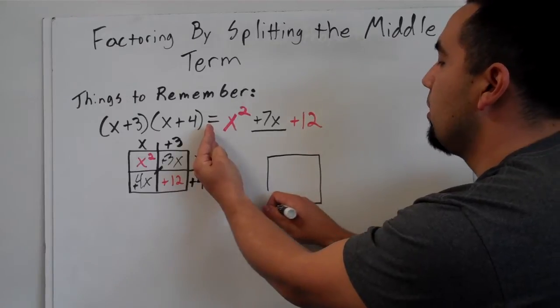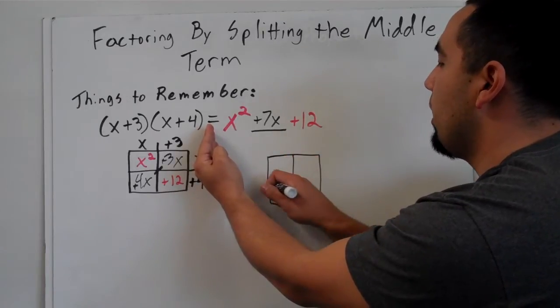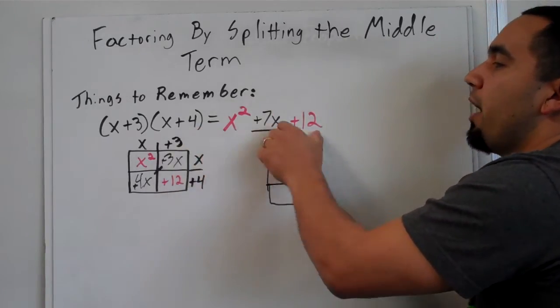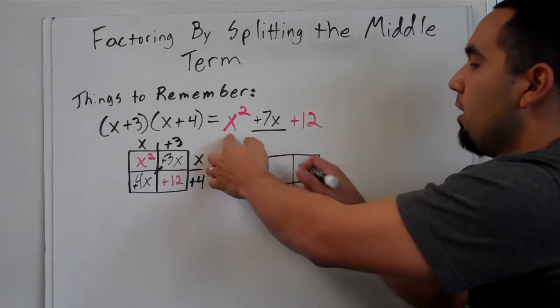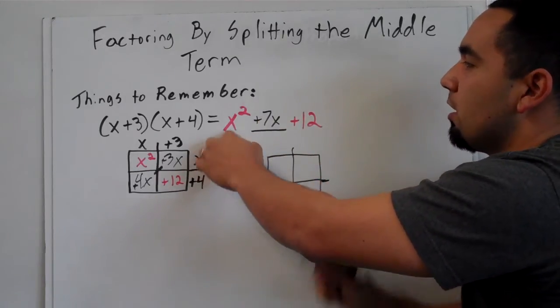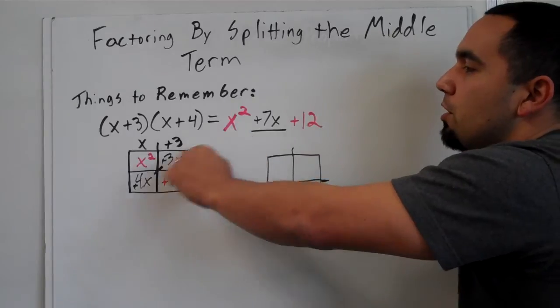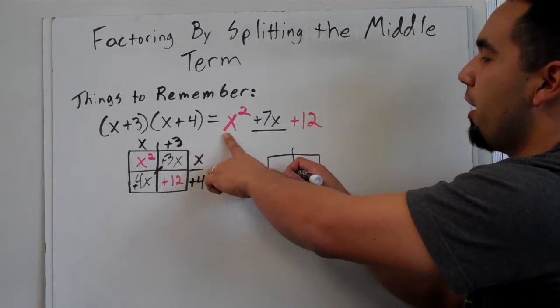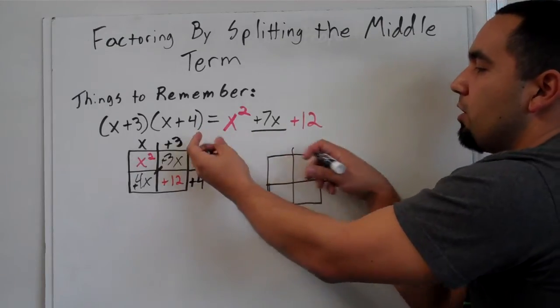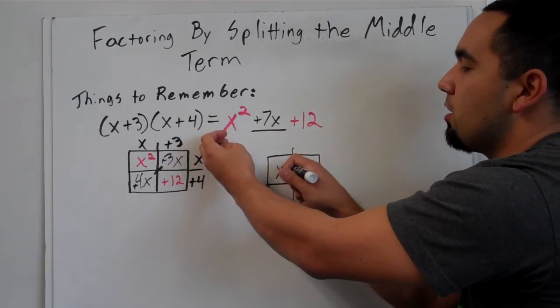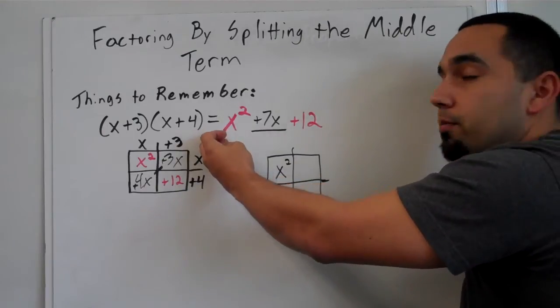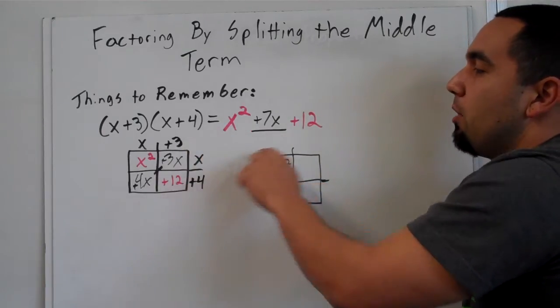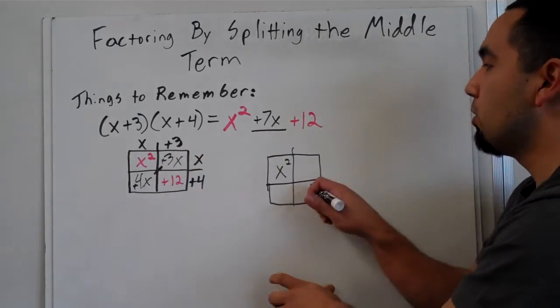And here, the reason I put these in red is because these are the ones that you want to look at. Because I know when I use my box, this one is always my first box, right? There's nothing else that can make that term. So I know just by looking at this, if I start my box, I know that this has to be x squared. And I know that my last box is always my last number,